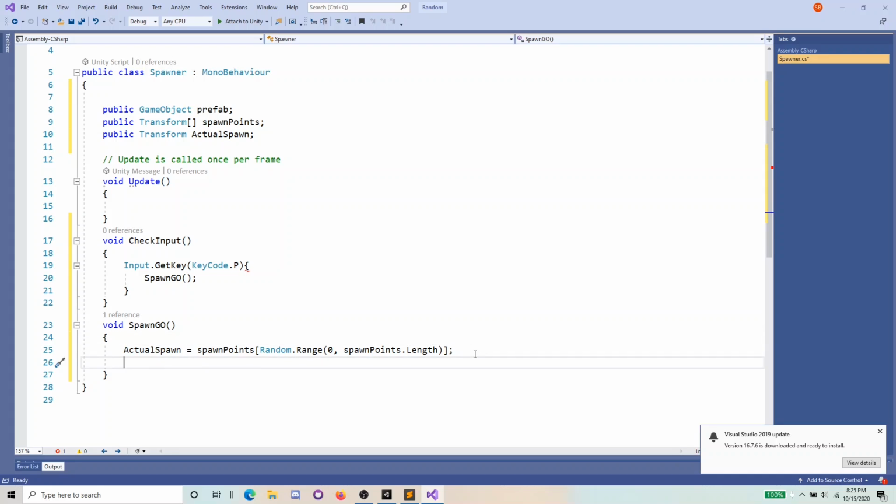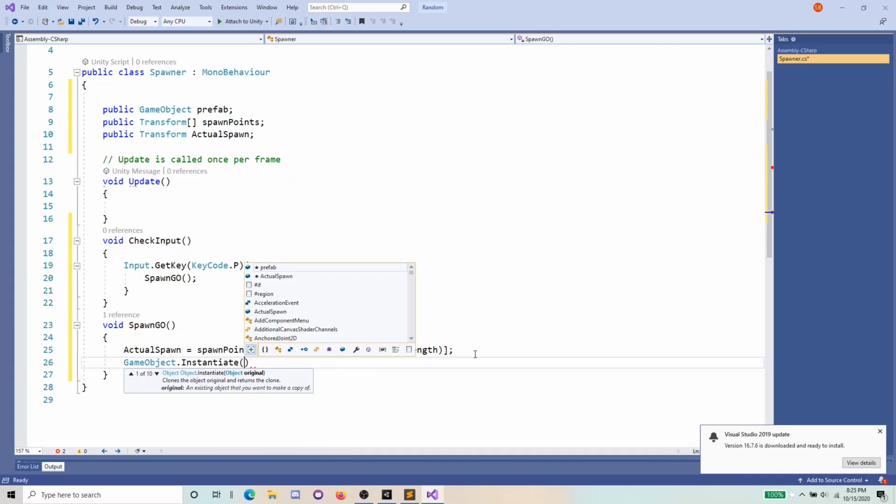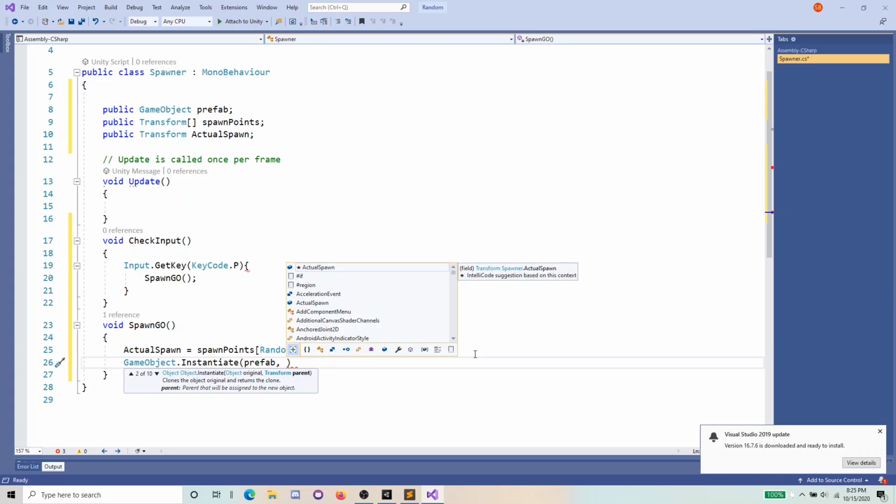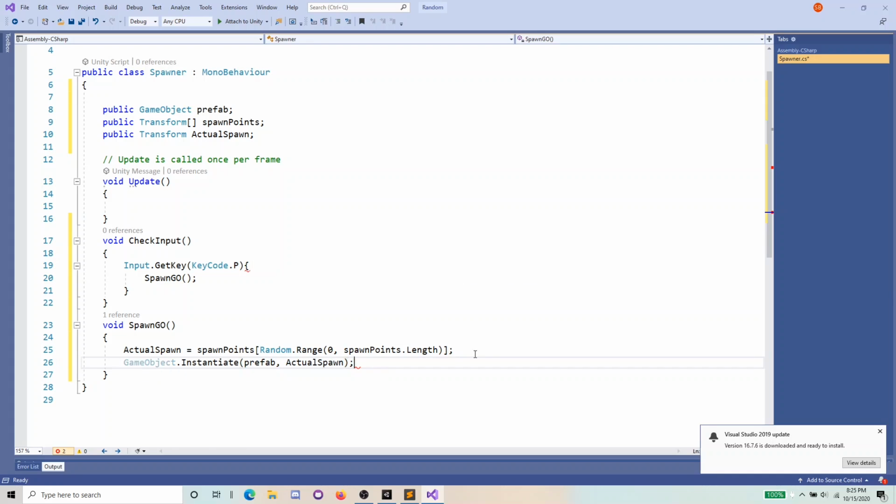Now simply we just need to instantiate a game object at that position. So game object dot instantiate, and we need to tell it what object to instantiate, so prefab, and we need to tell it at what location. So I'll pass through actual spawn. Now if I save this by pressing Ctrl S,